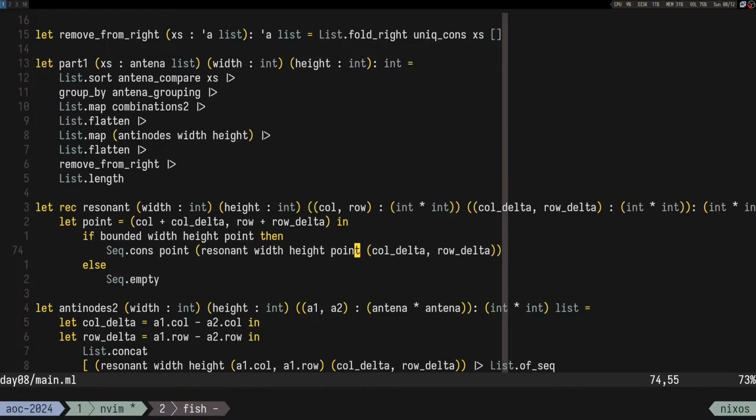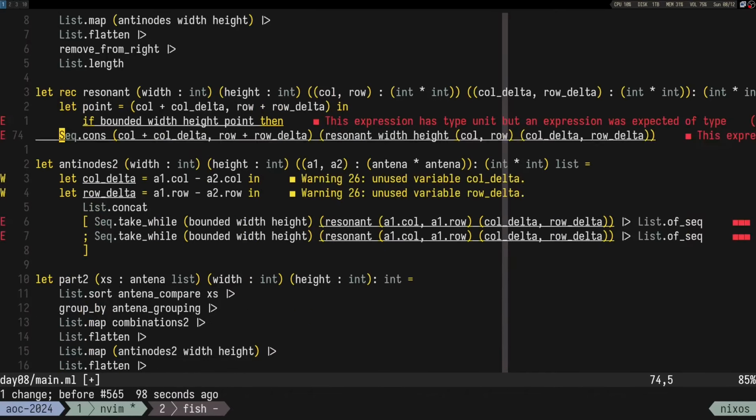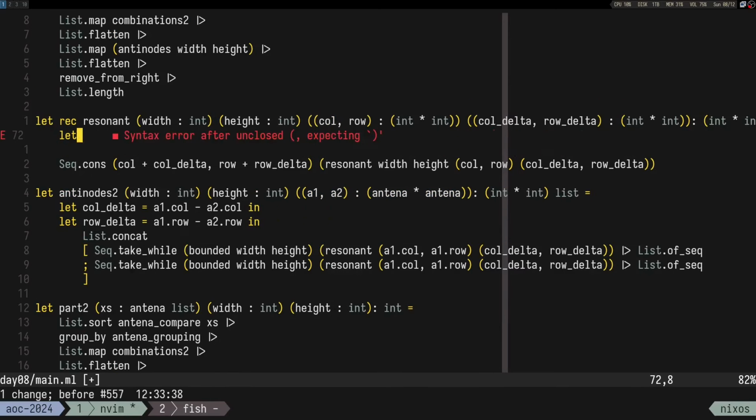Oh, but why do we get only 14? Why do we only get 14? Yeah, maybe that was the problem with the infinite list. Let me see. If we go back,